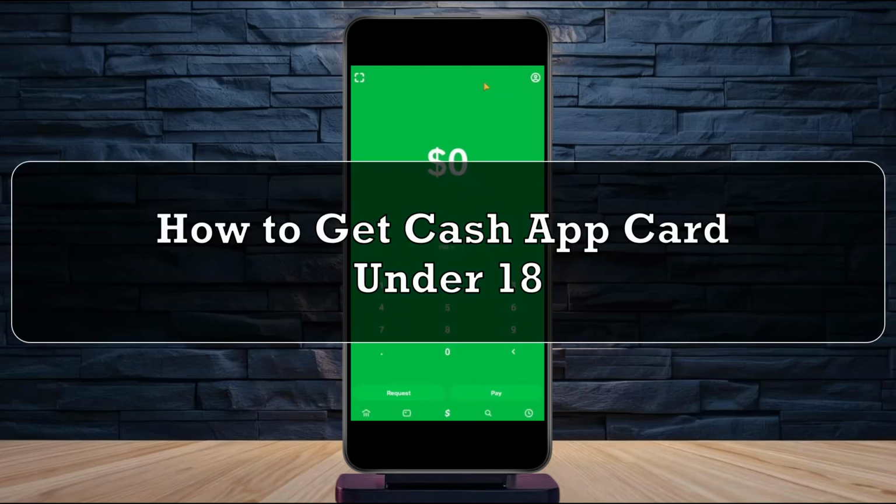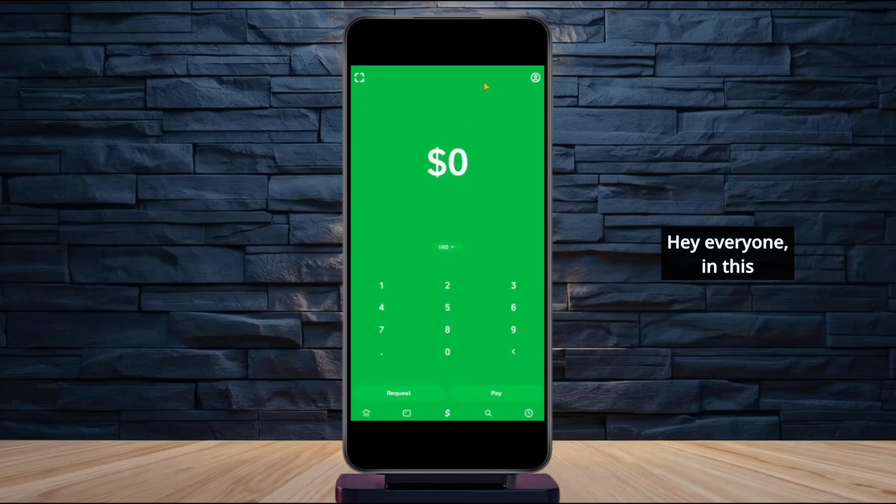How to get Cash App card on under 18. Hey everyone, in this tutorial, I'm going to show you how you can get your Cash App card if you are under 18. So if you want to get your card as a teenager, you first have to go ahead